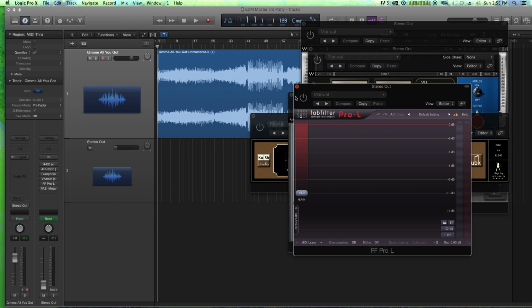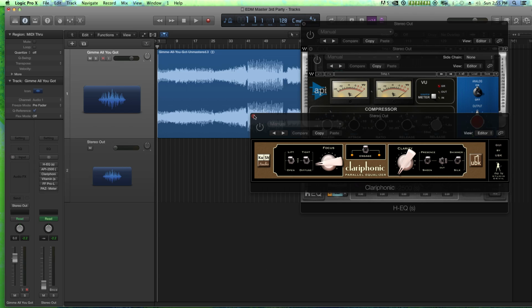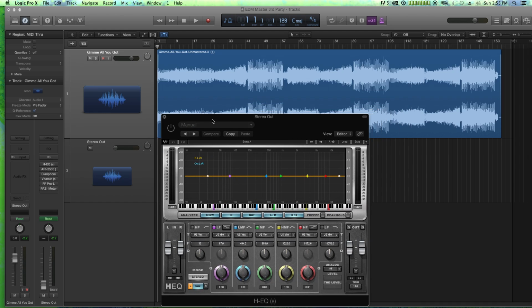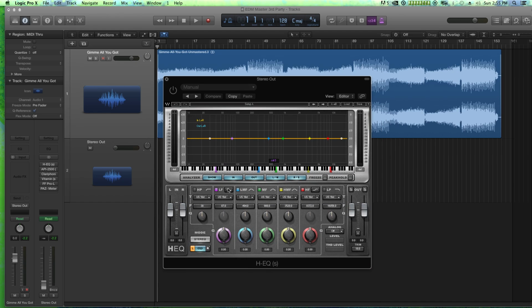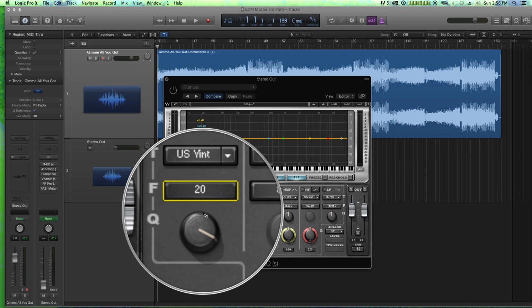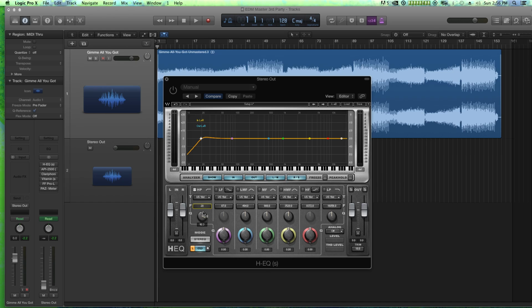So let's start with just the HEQ. Let's close all these out. They're all bypassed right now. All I'm going to do with HEQ is the same thing I did in the main Logic series. I'm not going to use any of these other bands. I'm just going to use the high pass filter just to cut out the lowest of the low frequencies, the sub-low frequencies that we're really not going to hear anyway, but through my sub, I'm hearing some kind of